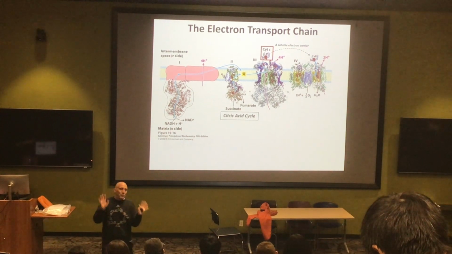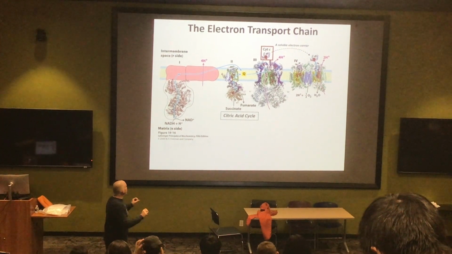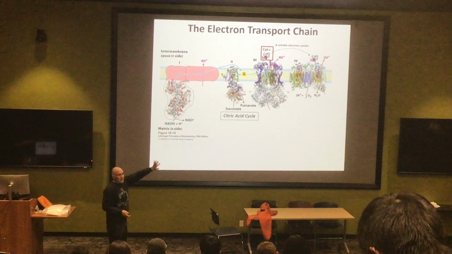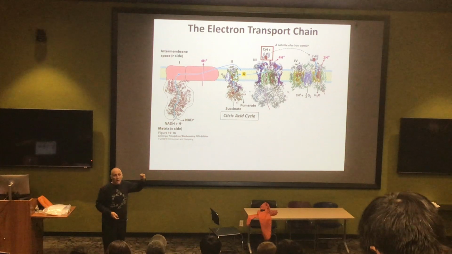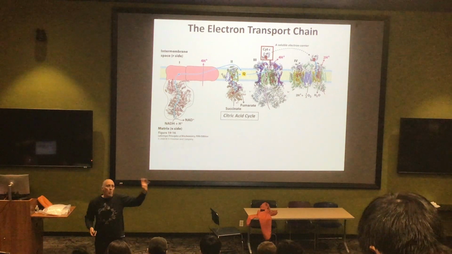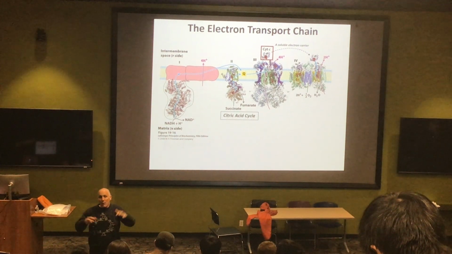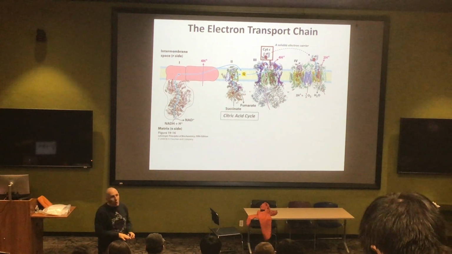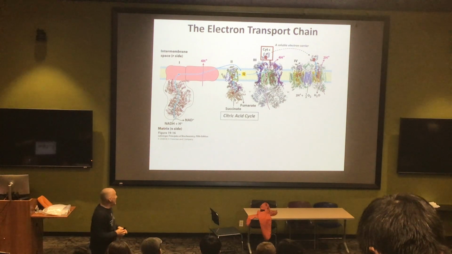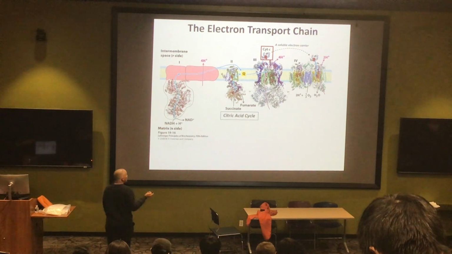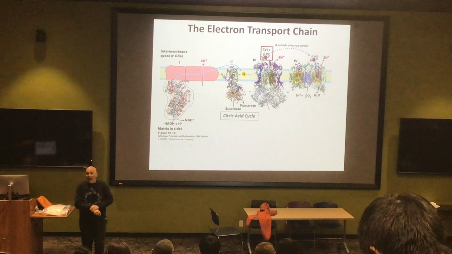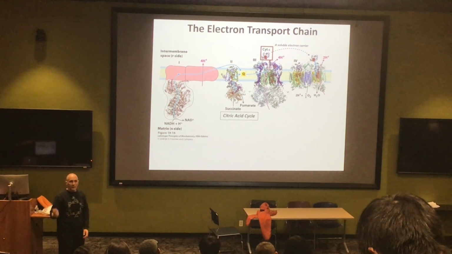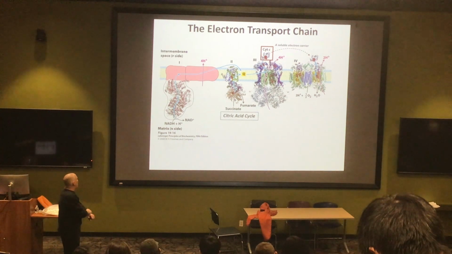So look, I'm going to say protein a lot, but it is really critical to realize that none of these are isolated proteins. These are complexes of proteins. We're talking about 40, 50, even more than that, polypeptide chains and all of their associated cofactors. It's easier just to call the whole thing a protein, but when I say complex, I mean a complex of a lot of proteins. Anyway, here it is, and let's try to understand what's happening. Let's first try to understand the direction of the electron flow, and then we'll work through this step by step to see everything that's going on.